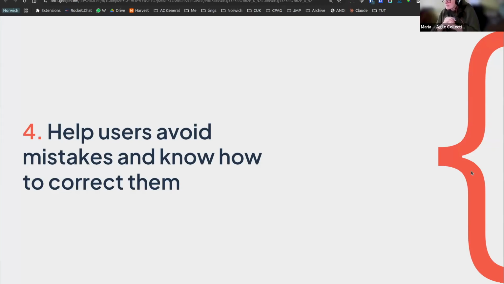Using hover tooltips or pre-written examples in inputs, so giving people examples of the format that you need the text in, that can be really helpful. Yes, using consistent accessible design on everything. That's really important. Very good. Tell the user what we want before we ask and what format you need it in. So if it's a long and complicated form, particularly if they're going to need to go and find their passport or go and find something, tell them before they start what they're going to need, what sort of information.